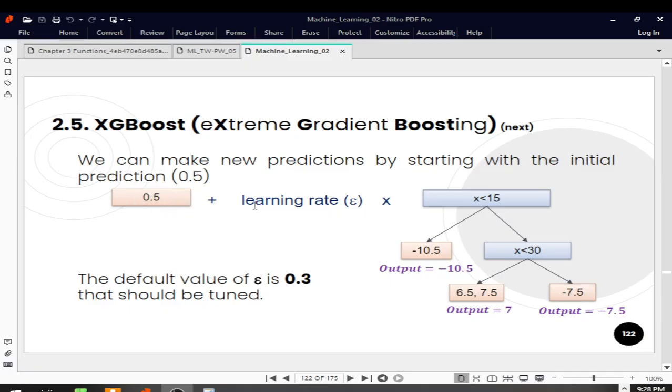This is the old prediction, and we try to find out the new prediction for the four input data. The learning rate is going to be given or default, but as you can see, it's a hyperparameter to be tuned. So the new prediction equals the old prediction plus the learning rate multiplied by the outputs. This is for the first one, this is for the second and the third, and this is for the seventh. If we go back to our data set,